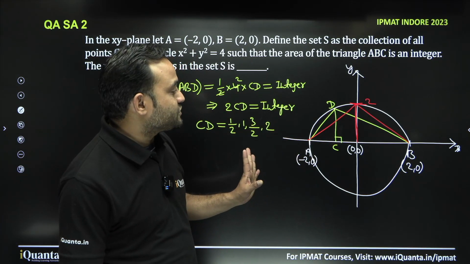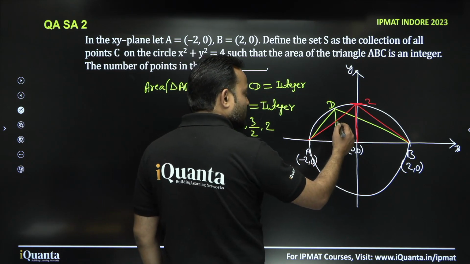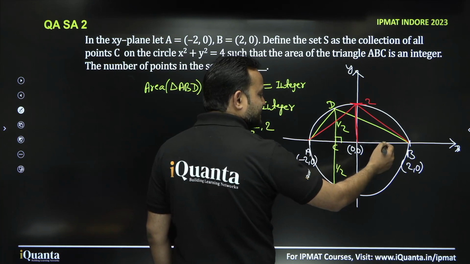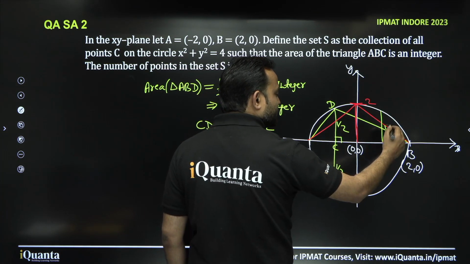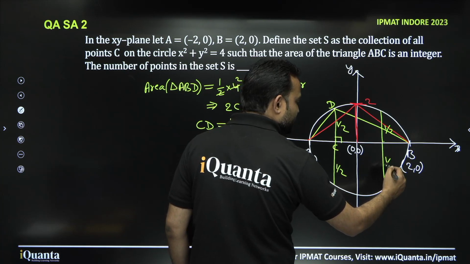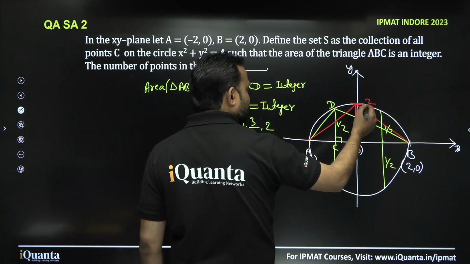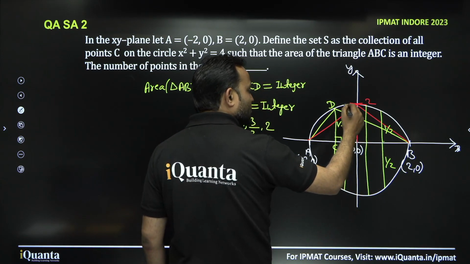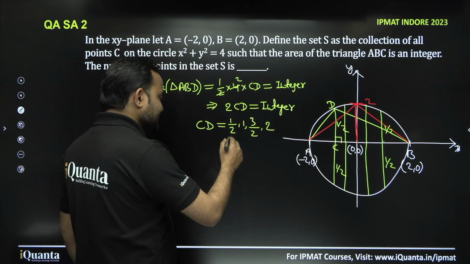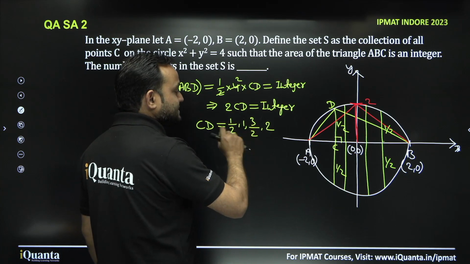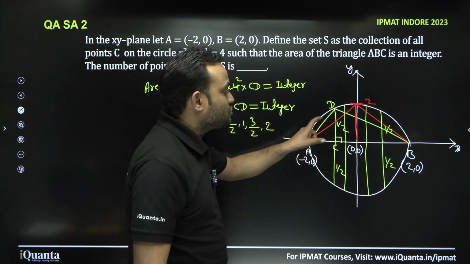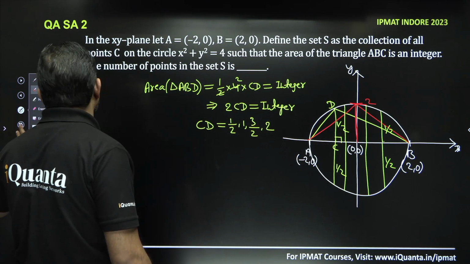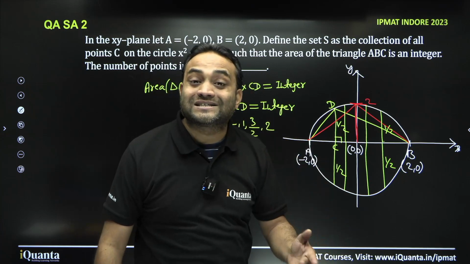अब अगर हम यहाँ पे सोचें तो देखो, अगर ये लेंथ 1/2 है तो ये लेंथ भी तो 1/2 ही होगी. वैसे ही यहाँ पे भी एक सिचुएशन आएगी जहाँ पे ये लेंथ भी 1/2 होगी, ये लेंथ भी 1/2 होगी. Similarly, if this length is 1, this length will also be 1, this length is 1, this length will also be 1. So इसकी 4 पॉसिबिलिटीज, ये 4 पॉसिबिलिटीज, इसकी भी 4 पॉसिबिलिटीज. जो 2 है वो 2 जगह पे आएगा, बस यहाँ 2, यहाँ 2. So we don't need to find all those points, कि वो पॉइंट्स का कोऑर्डिनेट क्या होगा.